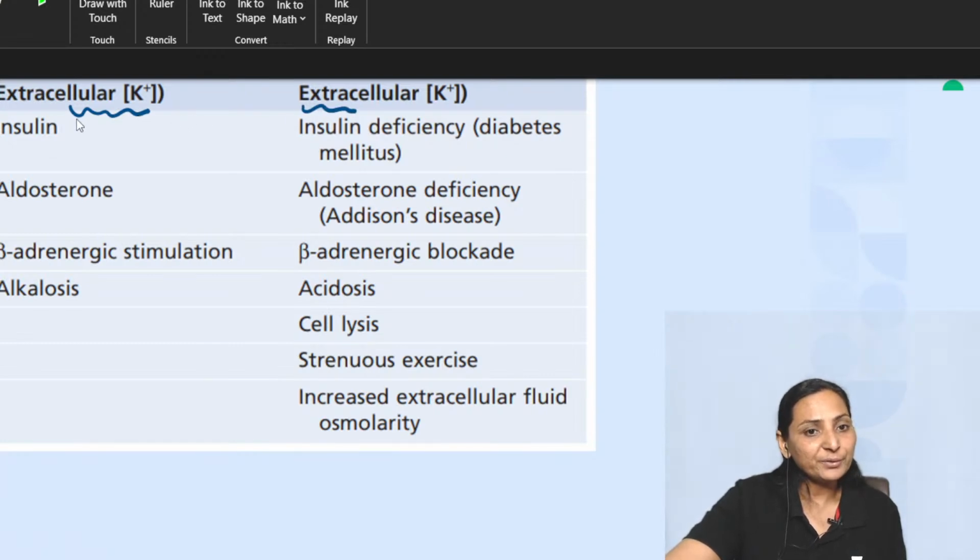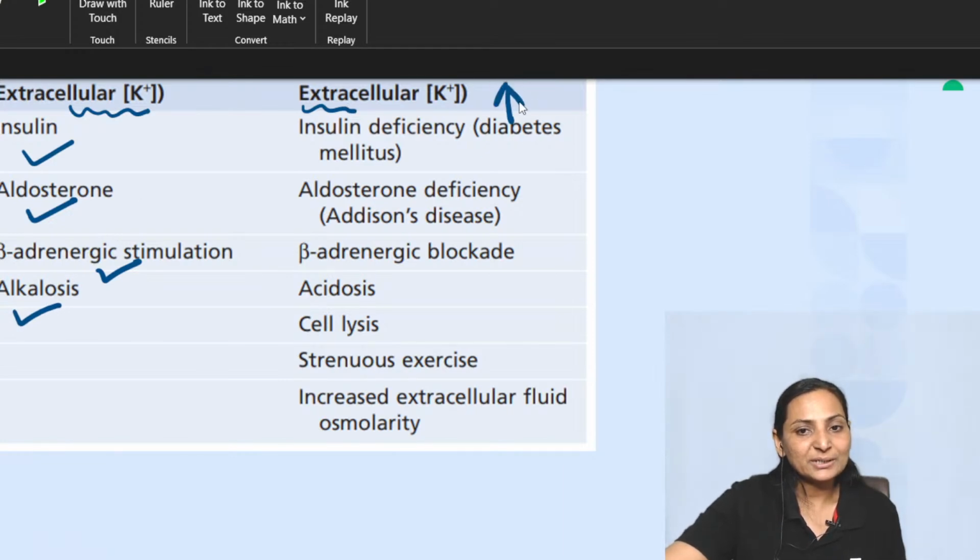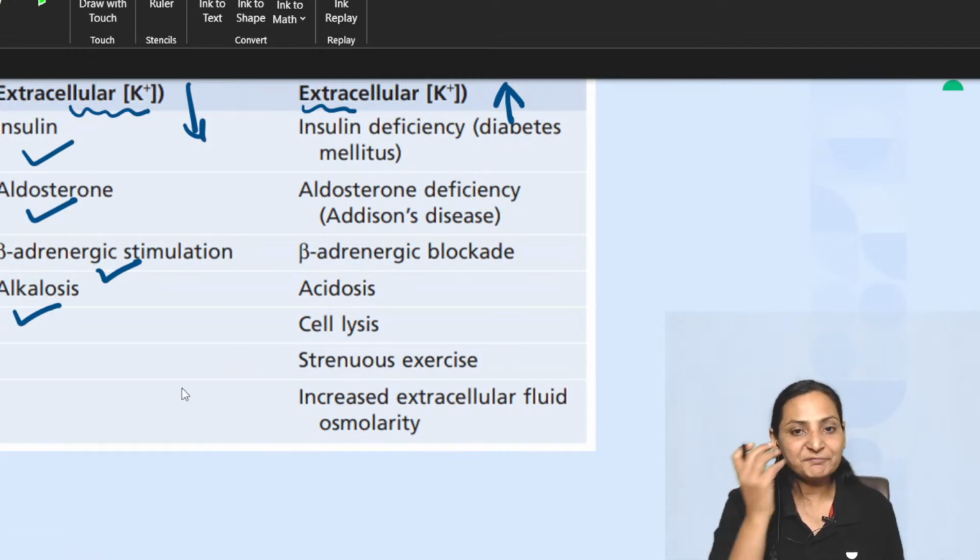So it is going to be reduced with insulin, with aldosterone, with beta stimulation and with alkalosis, whereas the potassium concentration increases with insulin deficiency, aldosterone, beta blockers, acidosis, cell lysis and exercise. What is the very important effect of